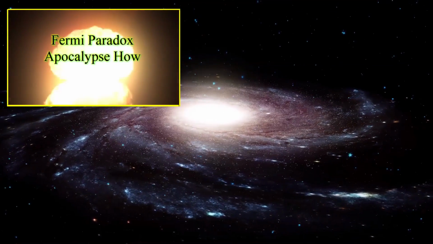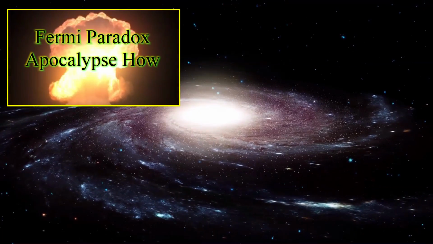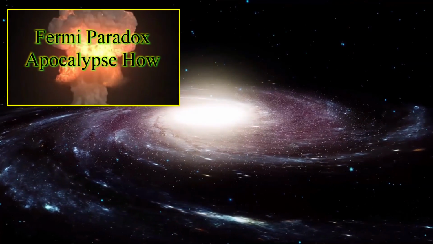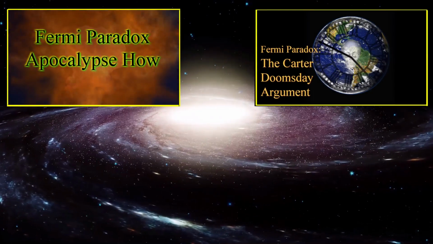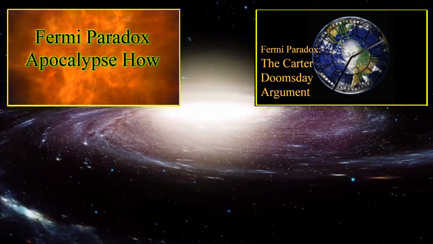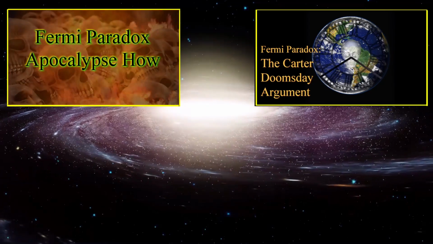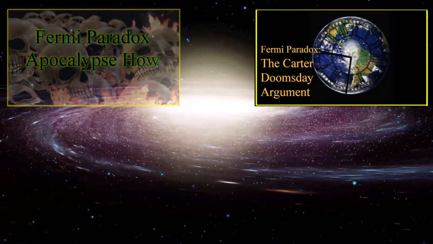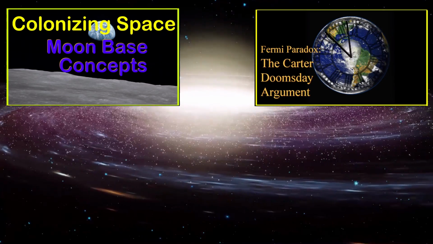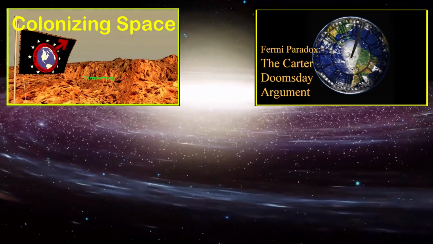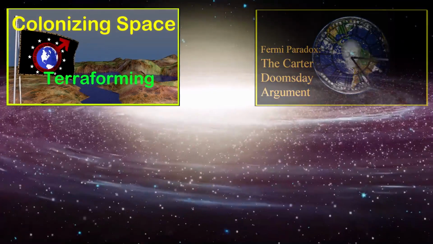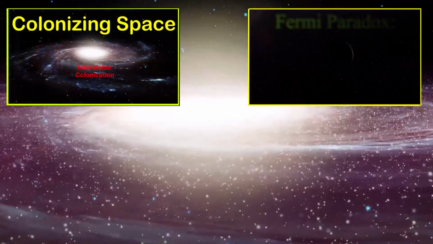We talked about this more in the Dyson Dilemma, but we spent a good half hour discussing number 49, self-obliteration, in the Apocalypse How video, and we'll be looking at that more in the Carter Doomsday argument, where we'll also look at some of the more strange ways civilizations could take themselves out. For number 50, colonizing space, we have a whole series on this channel that looks at how you could do that, including at everything from moon bases to terraforming and interstellar colonization. And we talked about why you would, and why it would be very hard not to, in the Dyson Dilemma.